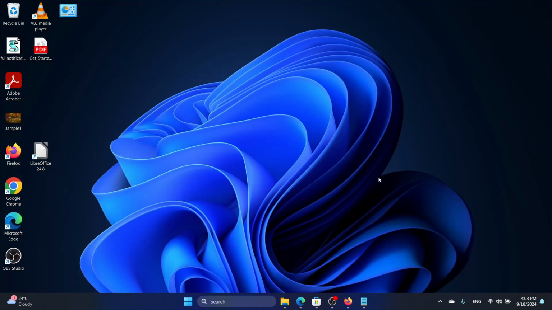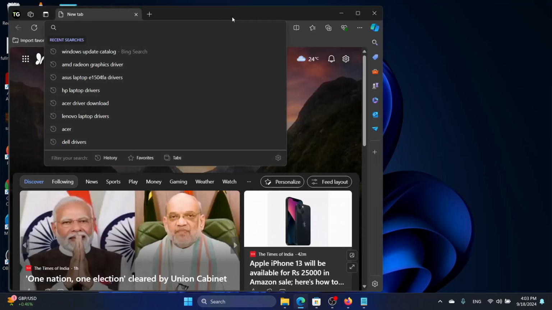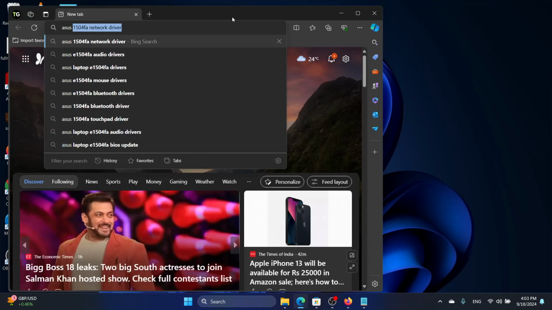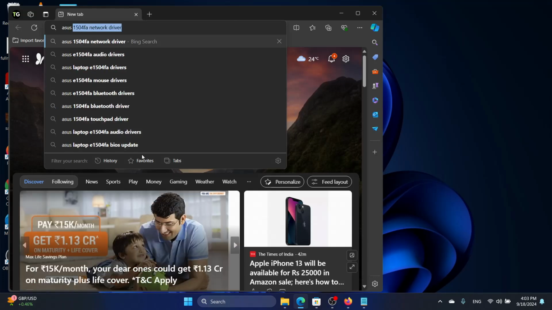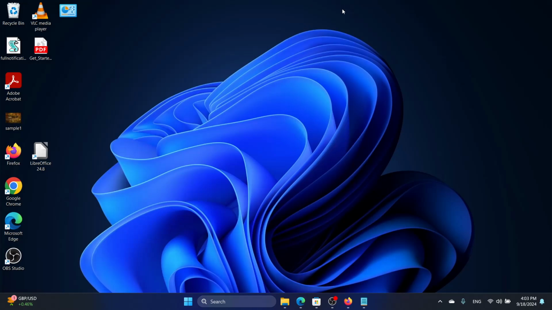Now another thing is to update the BIOS. So for that we will look for the Asus 1504FA BIOS update. Now how do I know my model number, or if I don't know my model number, it's very easy. I can just enter the command in the command prompt